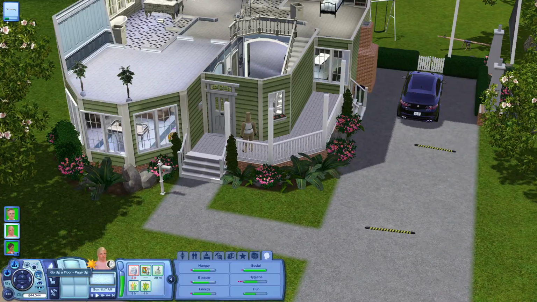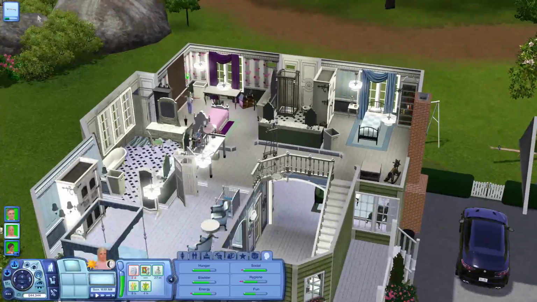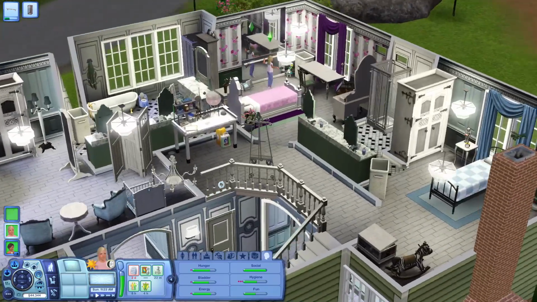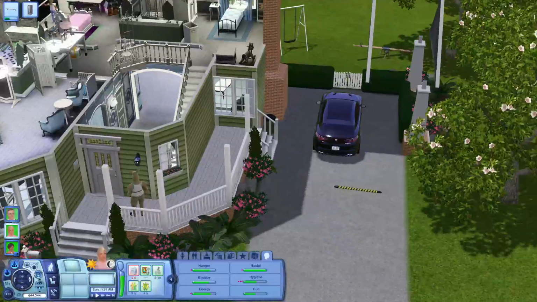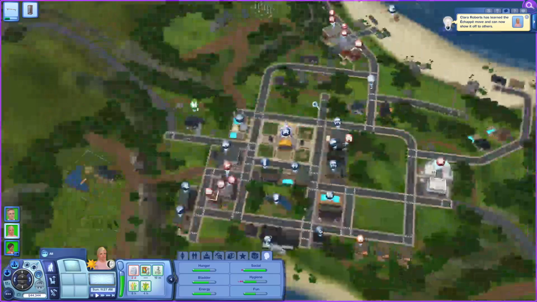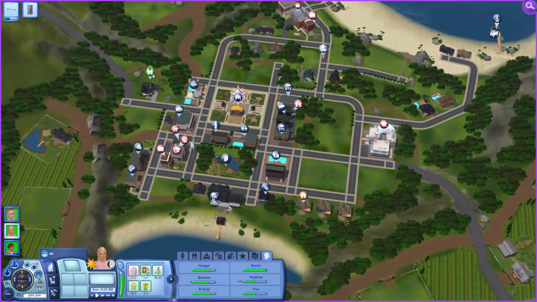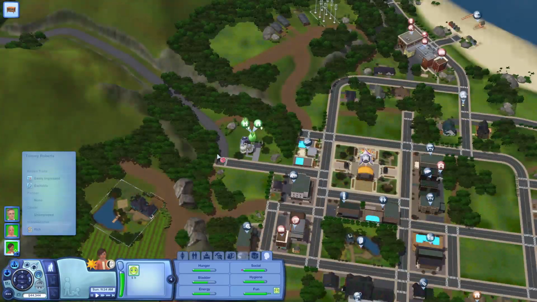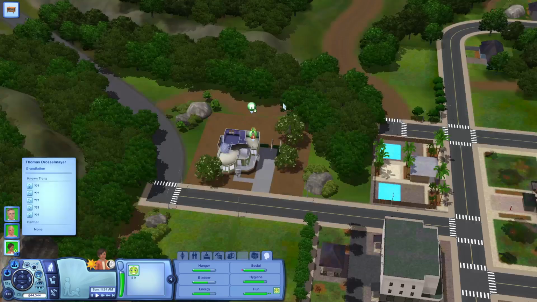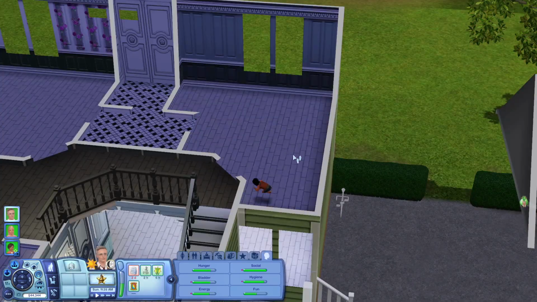Now, she's working out. Technically, she's doing her ballet. I'm gonna let her do that. I'm gonna have her shower, and then when she's done, oh, she learned échappé. I'm gonna have her go to the library when she's done, and we are going to have her join the after school ballet club.